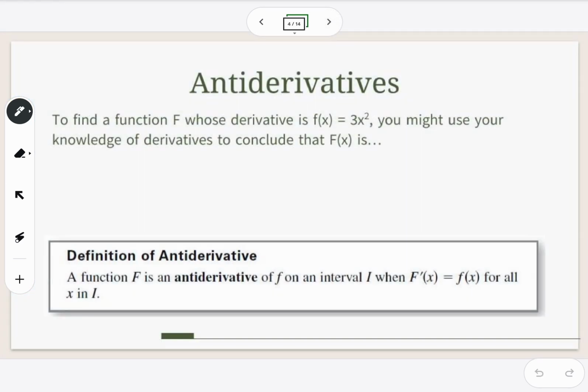Okay, so let's get into this a little bit. What do I actually mean by an antiderivative? Your textbook definition is down here. Up top, we're going to explain that a little bit. So to find function capital F, anytime you see an uppercase letter, we're going to link that with it being an antiderivative, whose derivative is 3x squared. You might use your knowledge of derivatives to conclude that capital F of x is, so if I know that my derivative is 3x squared, what would my original function have to be? Hopefully you're thinking x cubed,